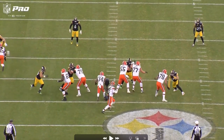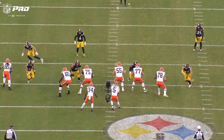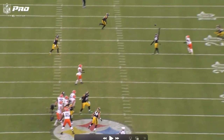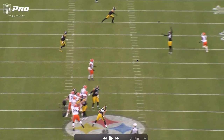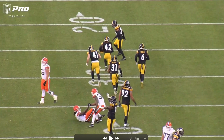But you can see it from Winston's perspective. He's looking down the middle, and I think that's right. He's just looking at the safety position to make his decision. Since the safety was a little bit over on that hash, he threw it where he had a little more field. Unfortunately, he threw it just a little too far, I guess trying to fit it over the underneath defender, but to get it down in time to get to his receiver. Unfortunately, he wasn't quite able to get that trajectory right, and it was intercepted, ending this game effectively,